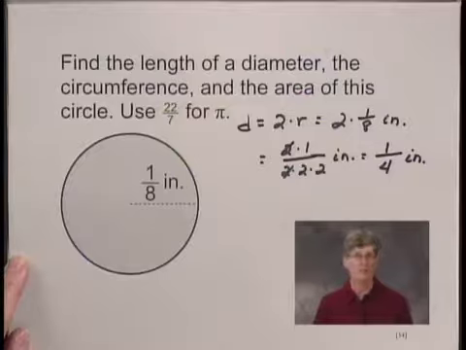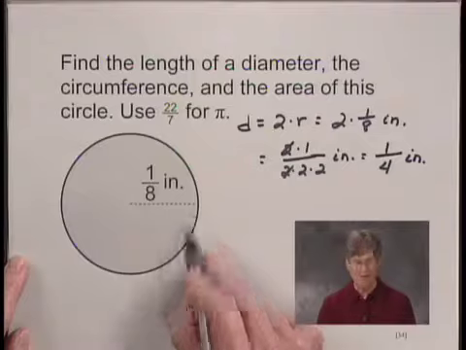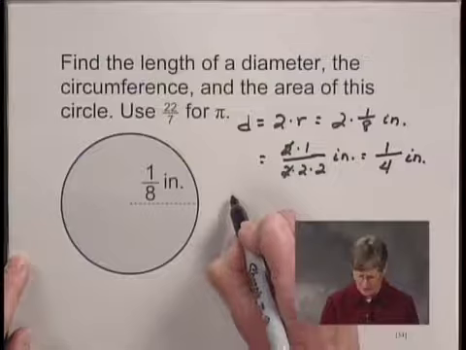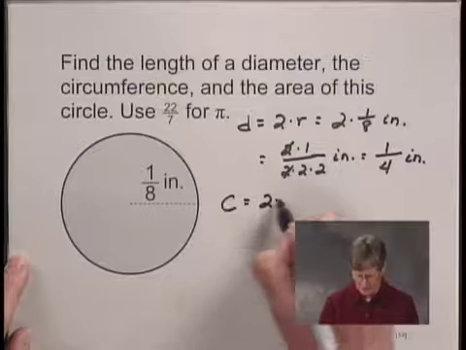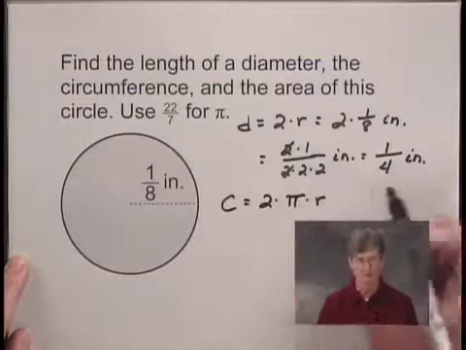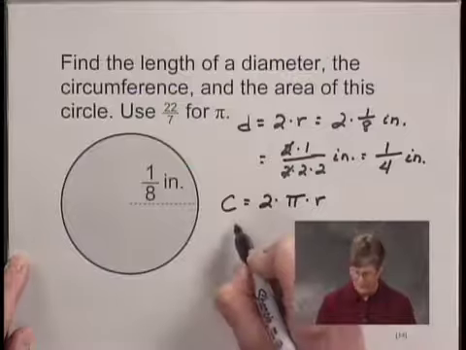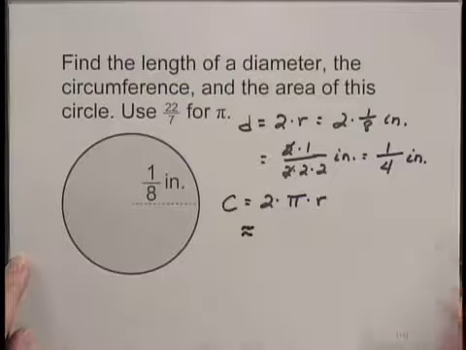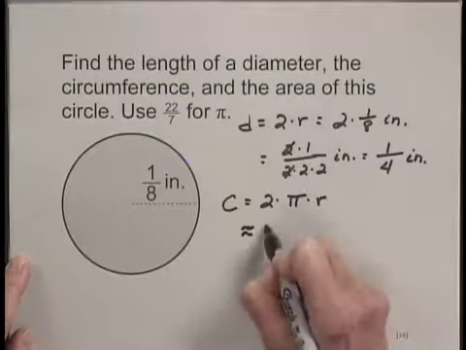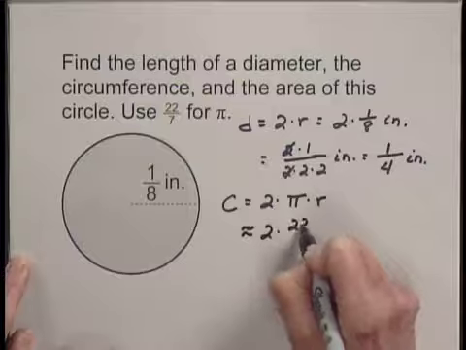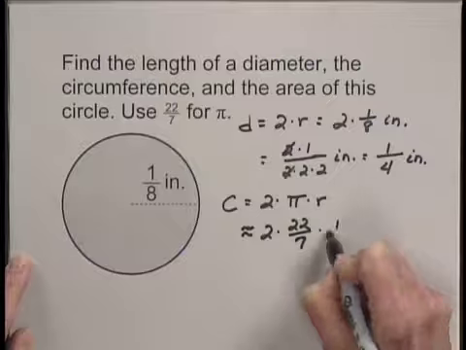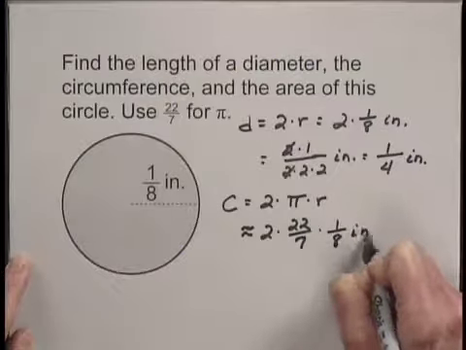And we've got two formulas for circumference. One involves the radius and one involves the diameter. And since we started knowing the radius of this circle, let's use the one that involves the radius. That formula is that circumference is equal to 2 times pi times the length of a radius. So we can say that the circumference is approximately equal, because we're going to use an approximation for pi in this step, 2 times, replacing pi with the approximation of 22 over 7, and then we have the radius, which is 1/8